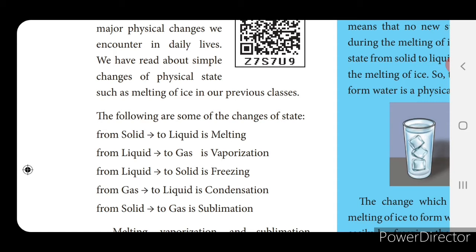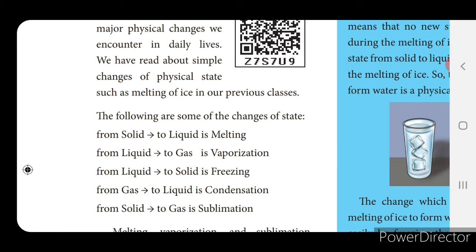But what is evaporation? Evaporation means with the help of solar energy, seawater is converted into water vapor, isn't it? Seawater is converted into water vapor and it forms clouds, isn't it? That process we call evaporation. Drying of clothes under sunlight is also evaporation. So there is a difference between vaporization and evaporation. Vaporization means we are applying heat energy. Evaporation means with the help of sunlight itself it is converted.